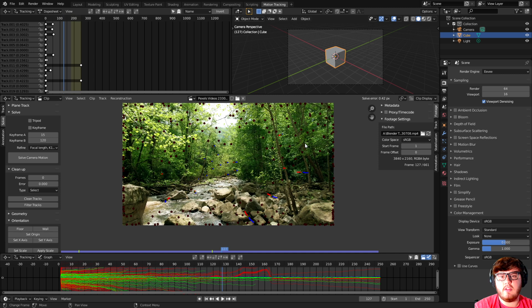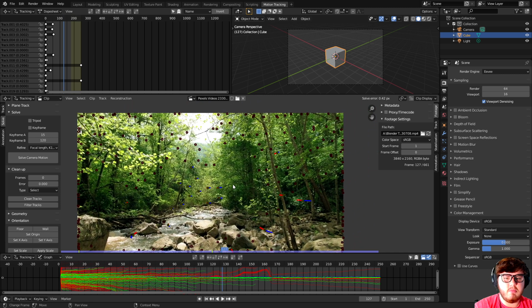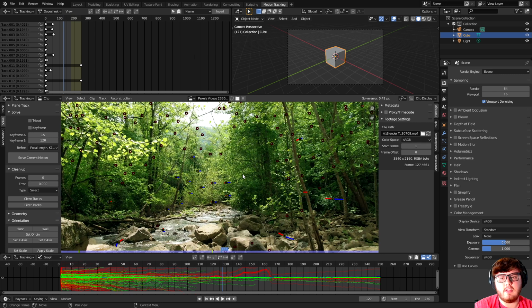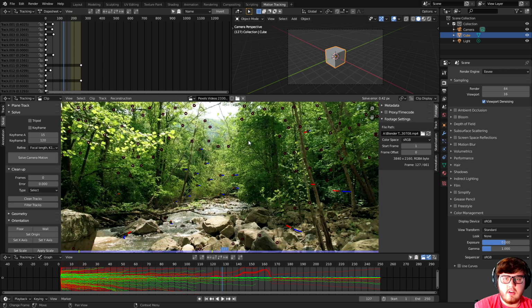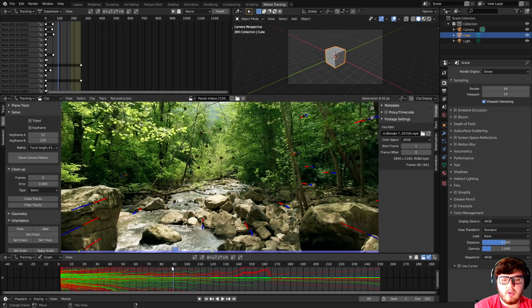But for this tutorial, this is all I need. You will notice that we have a bunch of red dots around, and that's actually because our tracking markers are getting lost. If Blender loses the tracking marker, it'll turn red and stop tracking the actual marker. If we want to free up some clutter on our screen, we can hold Alt and D to hide those markers, and that basically just hides the untracked markers and only leaves the track markers during a